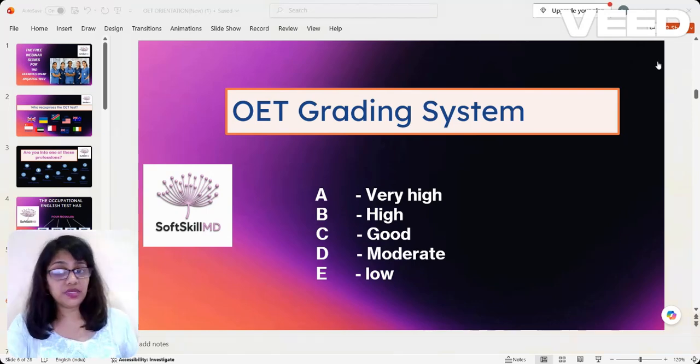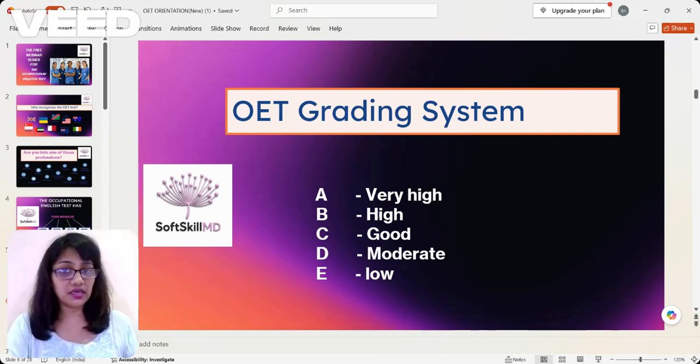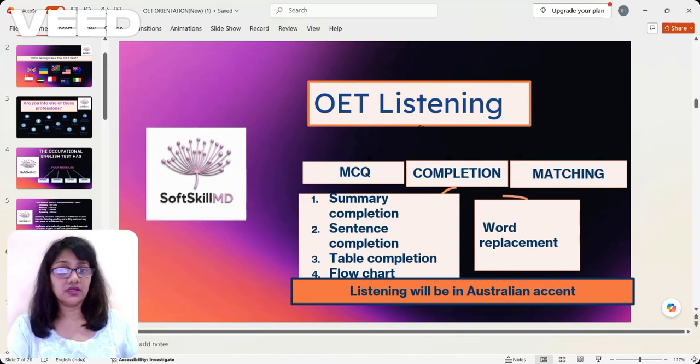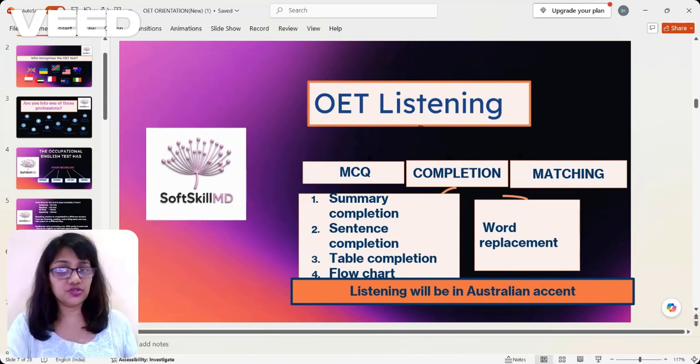In order to be eligible for the upcoming visa process, you are supposed to score at least a grade B, that is high, that is 350 marks and above, as I said earlier. So, what does the Occupational English Test listening constitute?